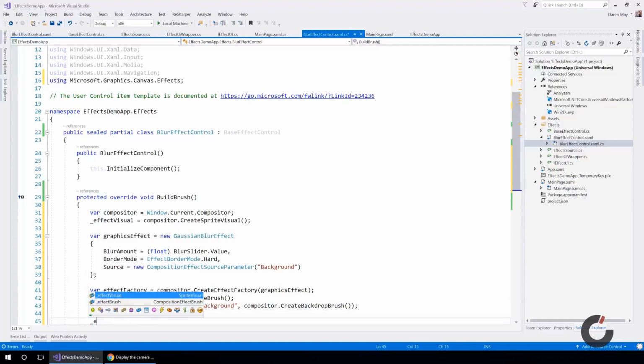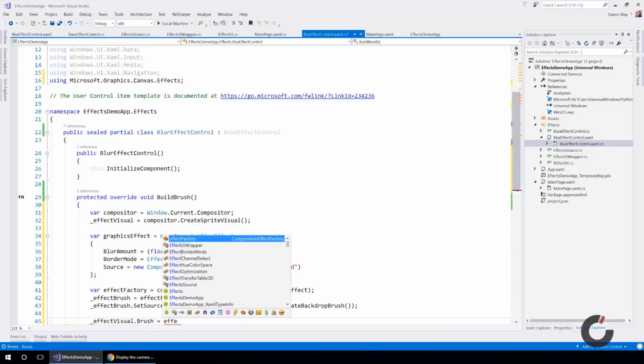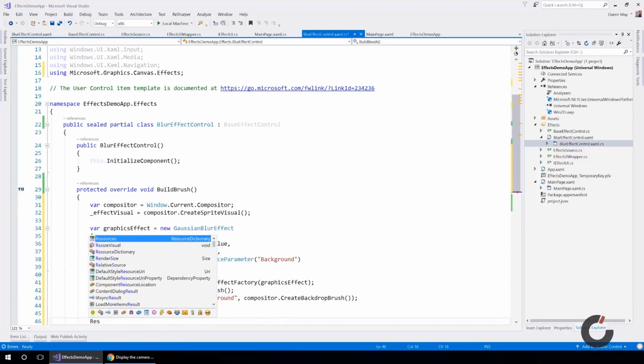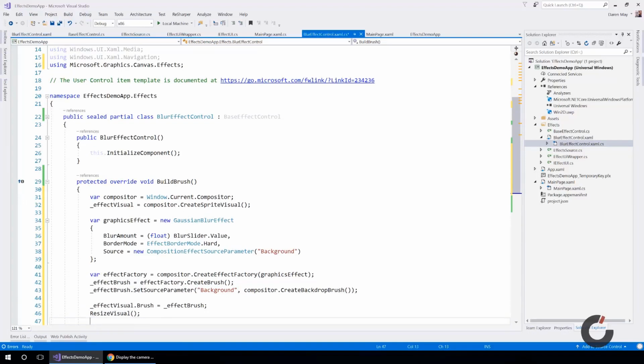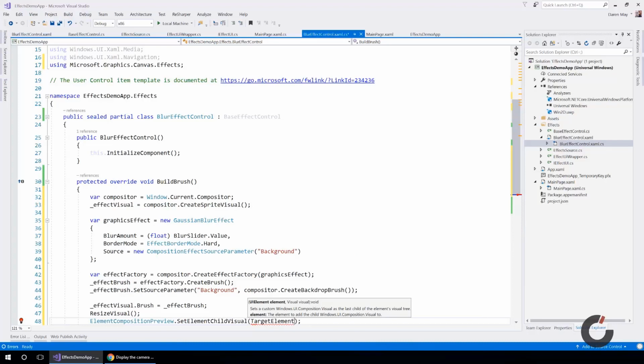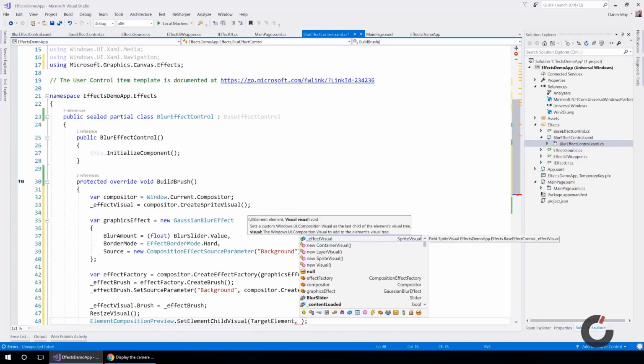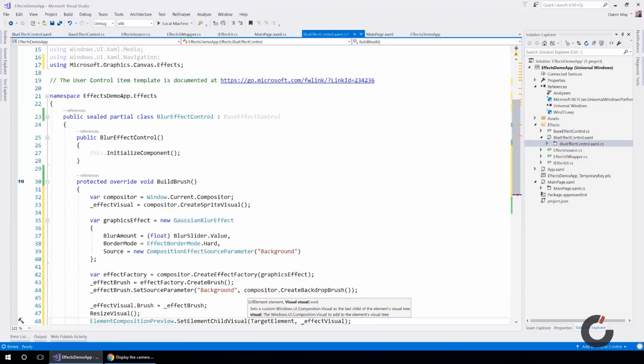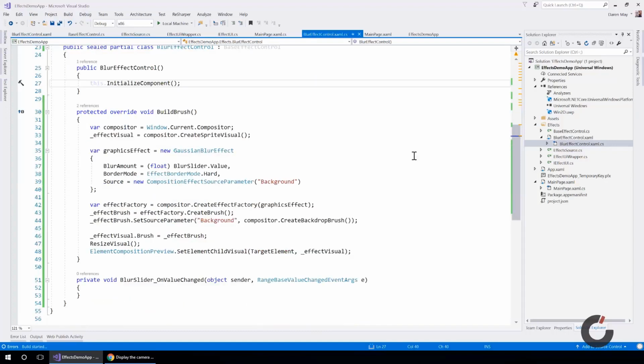So now we're going to set our effect visual.brush equal to our effect brush. We're going to remember to hook in resize visual. Remember we implemented that in our base class so that we have it available to us. We then use element composition preview to set the child element, or child visual I should say, and this is going to be targeting our target element that we passed in when we actually created the instance, and we're obviously adding our effect visual to that. So if we run this,